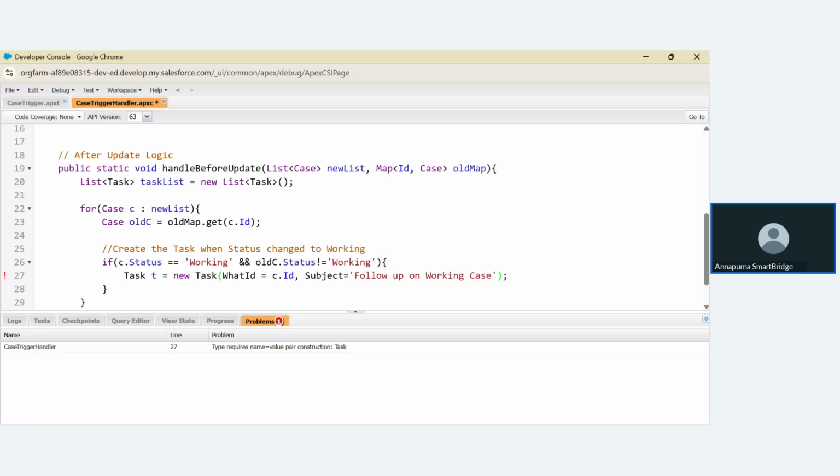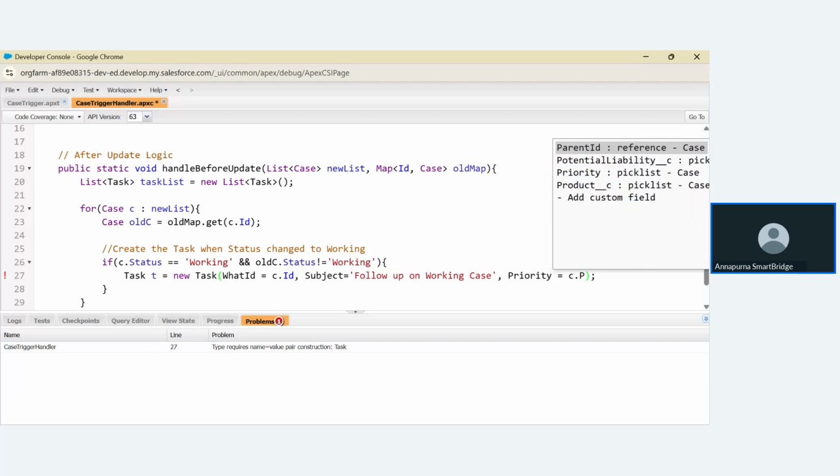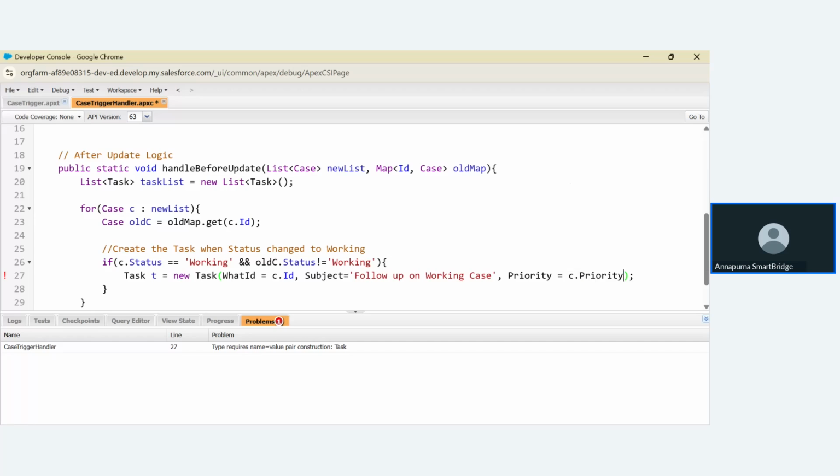Follow up on working case. And then priority equal to c dot priority, comma, status equal to